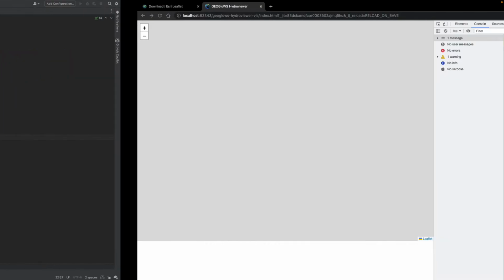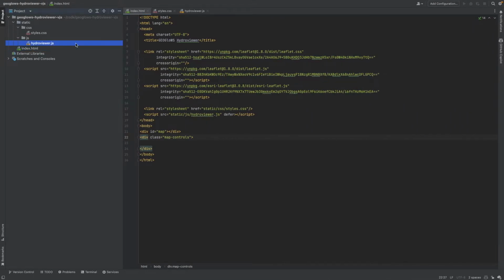So now if I save this and go back, I can see that my Leaflet container has been properly created. I can see the Leaflet logo down here and the zoom controls, and my error is gone from the console. But we have nothing in the map still, so let's go back to our JavaScript and let's add a base